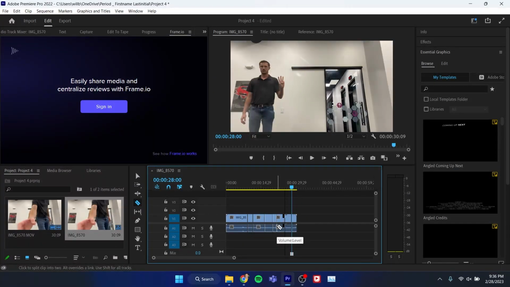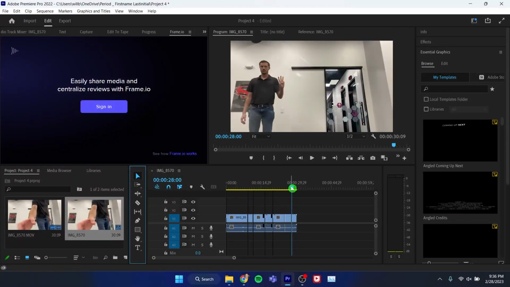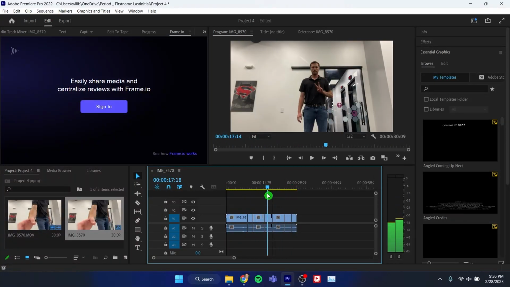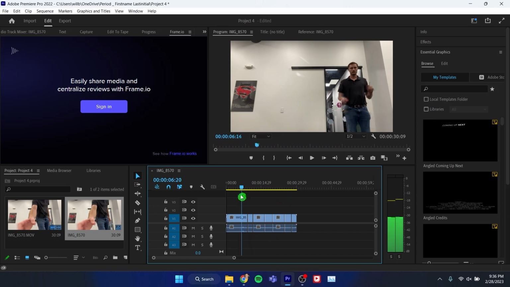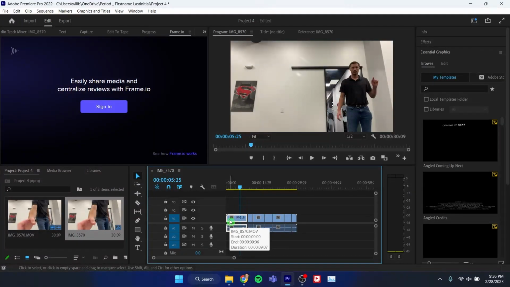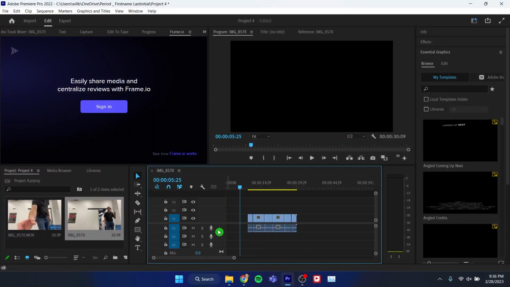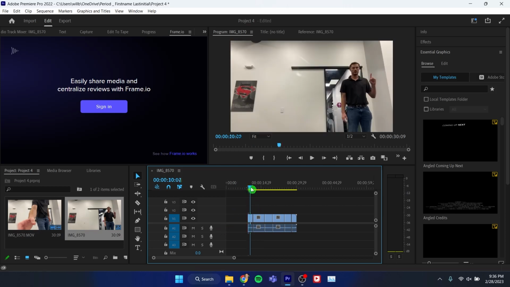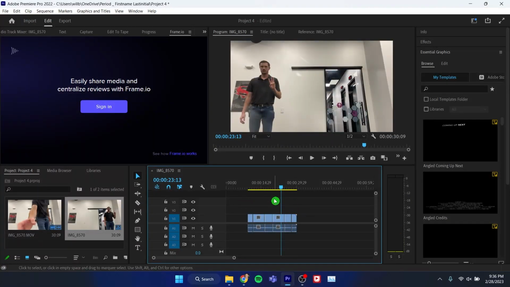Now all the nonsense that I need, I can cut out. Let me take my mouse and go back over here to the tools, and I can click on the selection tool, that pointer at the top right there. There we go. Click that. And then we can scroll through and see the points in the videos that we don't really need. This right here in the beginning, I'm kind of getting set, so I'm going to click this, and I'm going to delete it by clicking delete or backspace on my keyboard. And now I have all of these video clips over here to the right, or in this center area. Now I'm going to take my mouse